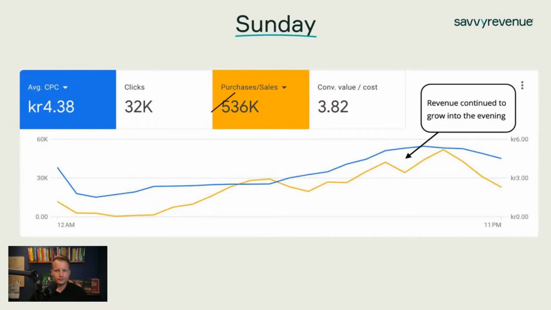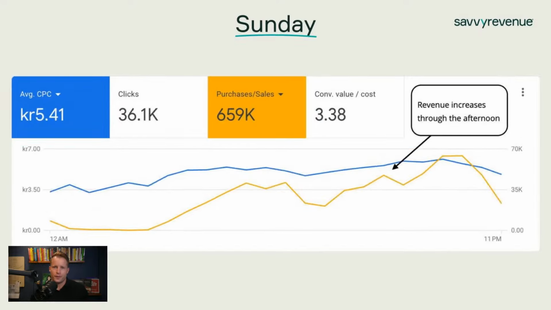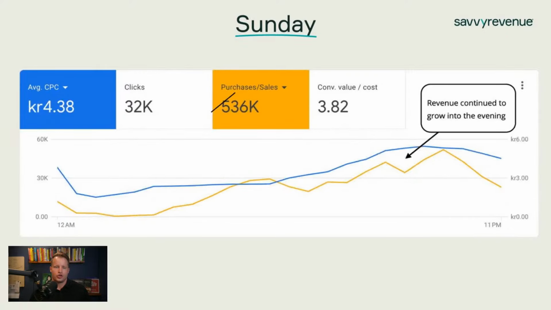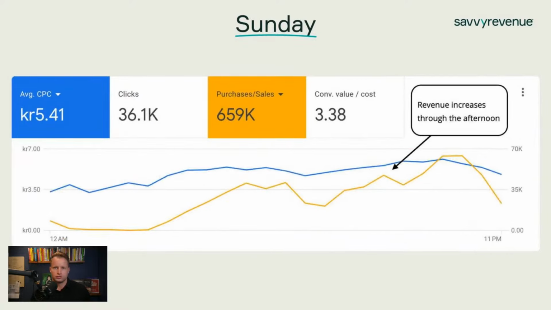And then Sunday, the one thing you have to remember on Sundays is that revenue continues to grow into the evening. That's really important. We don't get much out of the morning. We get some, but then we have a lull, and then it picks up again. So just, again, make sure the CPCs follow a little bit like a Black Friday. Keep increasing within the ability that you can from a blended ROAS perspective. Don't be too aggressive, because, again, there's no funnel building now. What we get is what we get, and we have to stay within the range on the blended ROAS number. But overall, it looks good. This is another example. Same thing.